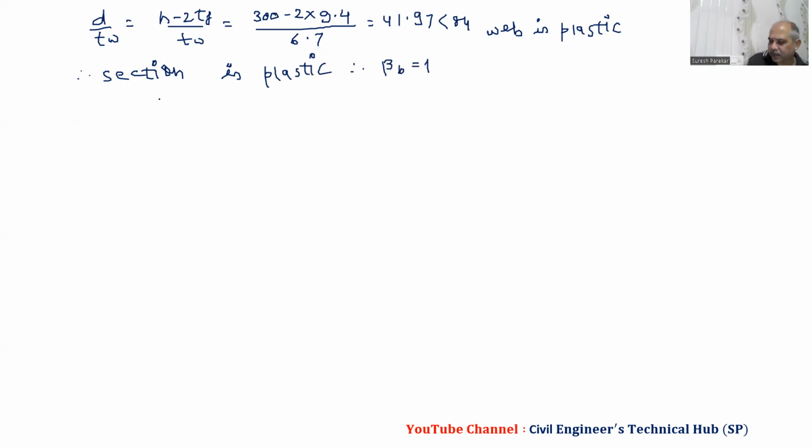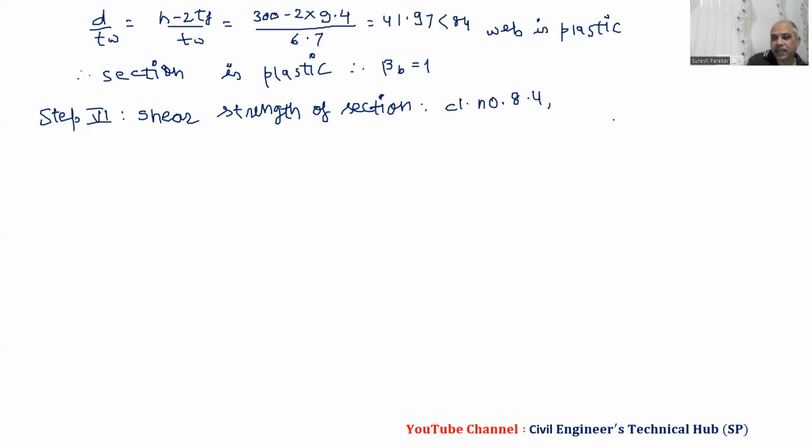Then we have the next step, step 6, shear strength of section. And this will decide which clause we have to use. We have to go for bending moment predominant, or we have to go for combined loading. So clause number 8.4, page 59. We have VD equal to